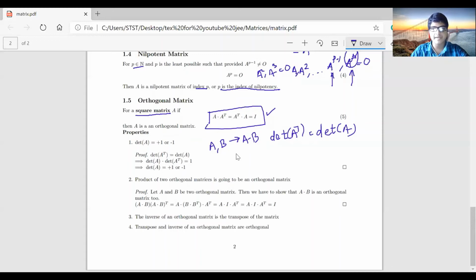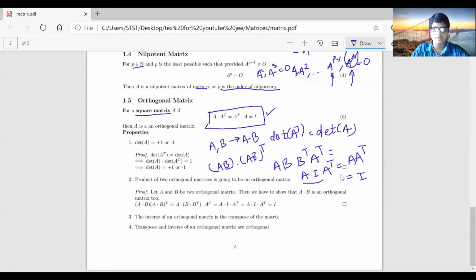Now I have to show that AB into AB transpose equal to I, and you can try the other way around, AB transpose into AB equal to I. So what if I do AB into AB transpose? What I obtain is AB and then, by the reversal law for transposes, B transpose A transpose. Now since B is an orthogonal matrix, BB transpose is going to be I. So I obtain this equal to A I A transpose, that is equal to AA transpose, because A into I can be written as A only, that is equal to I because A is also orthogonal. So I obtain AB into AB transpose equal to I, and clearly you can similarly prove that AB transpose into AB is going to be the identity matrix. So the second property is also clear.